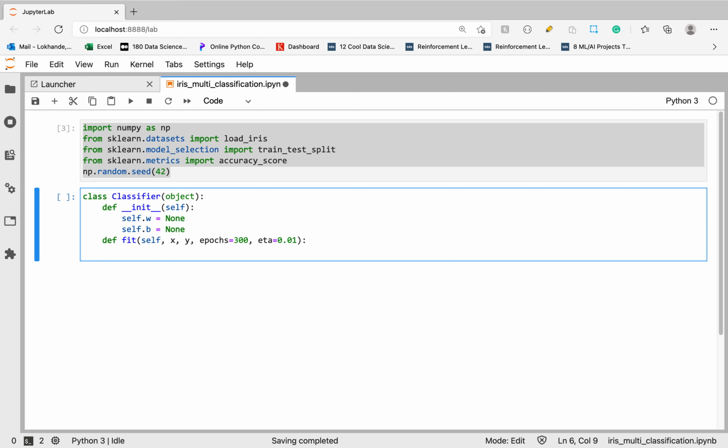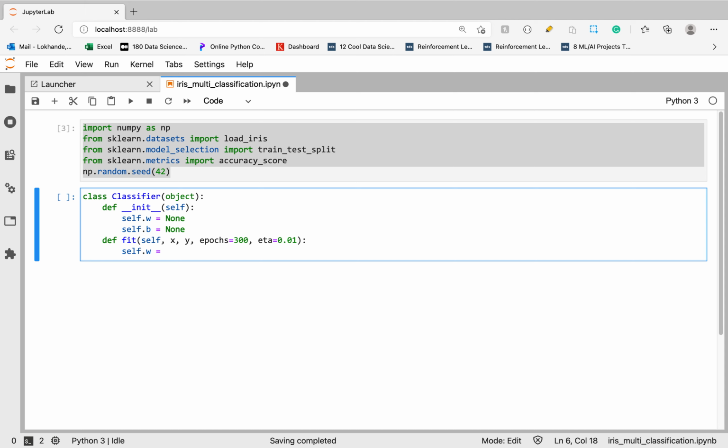Basically epochs and eta are default arguments. The user can pass them explicitly, or if the user doesn't pass them, we set epochs to 300 and the learning rate, eta, to 0.01.